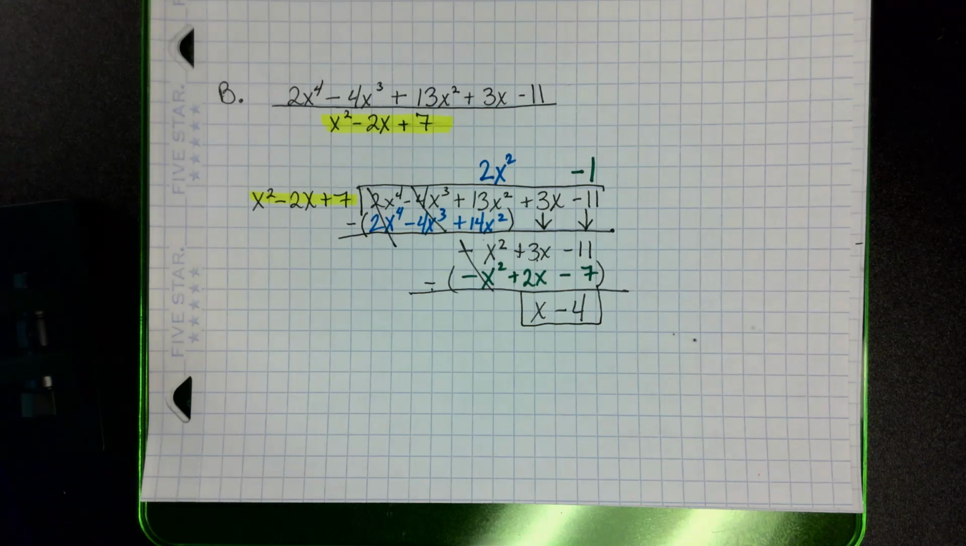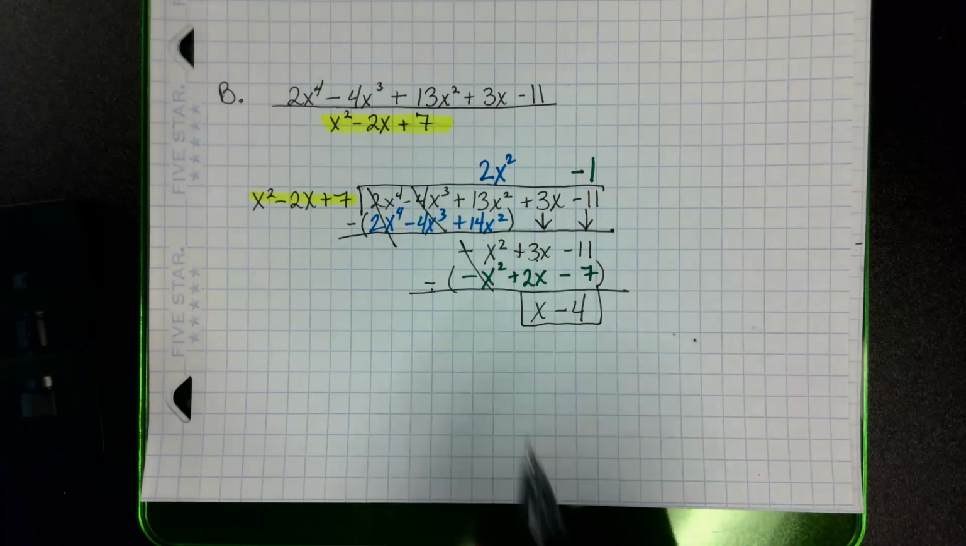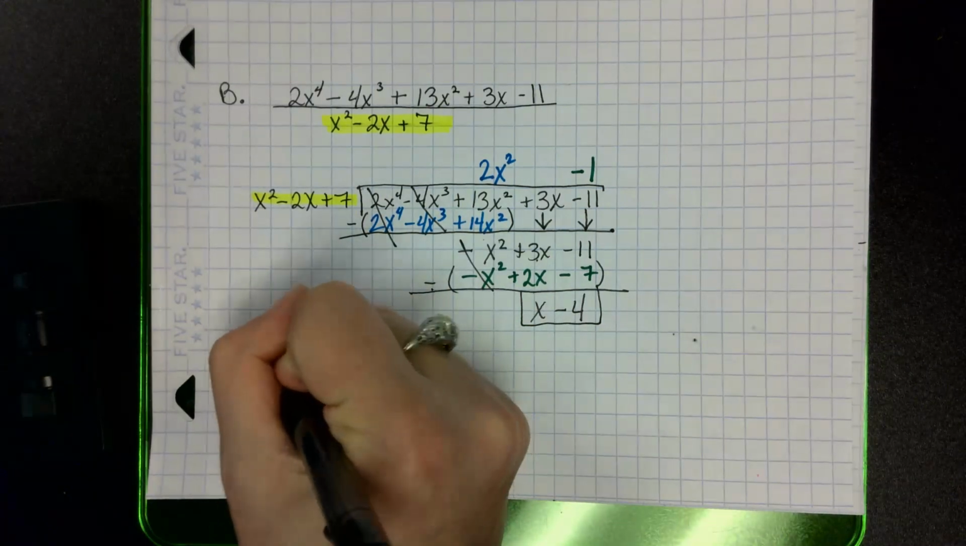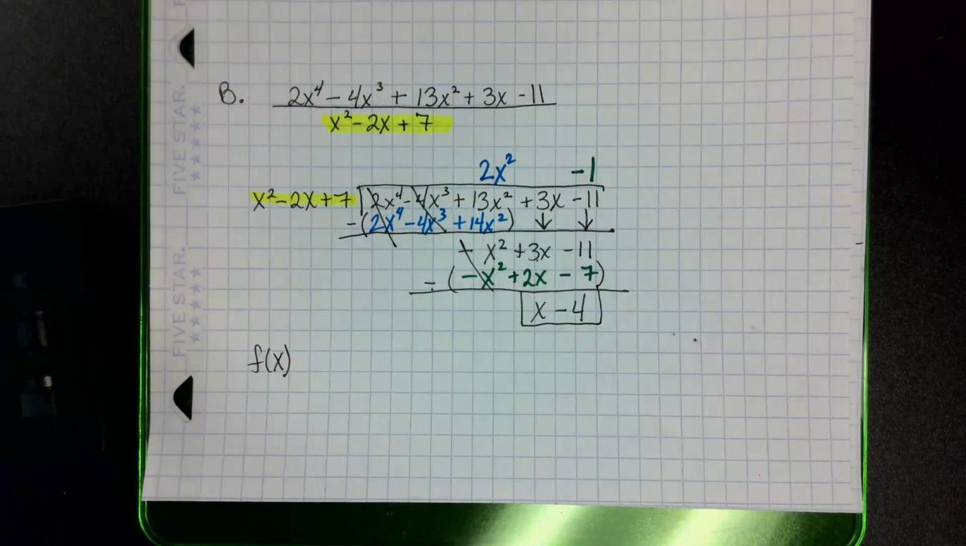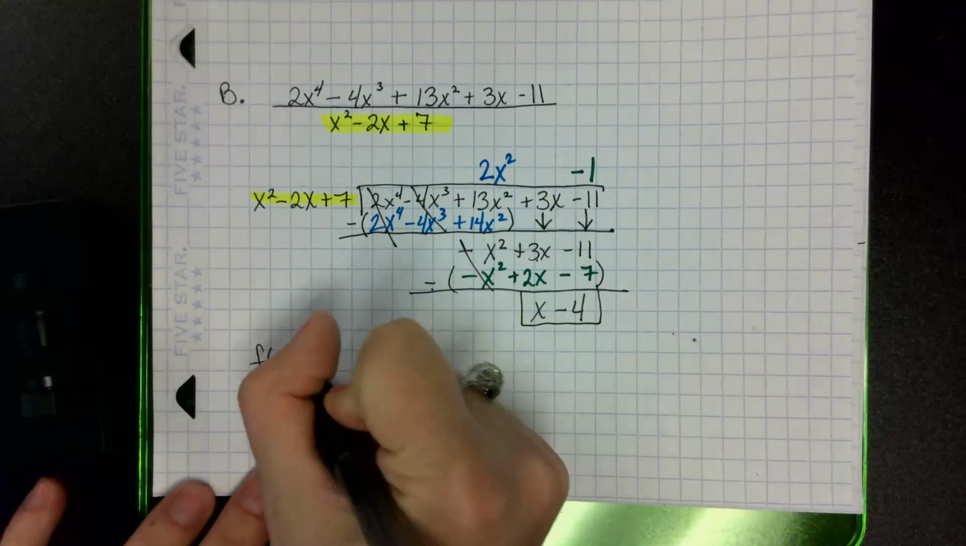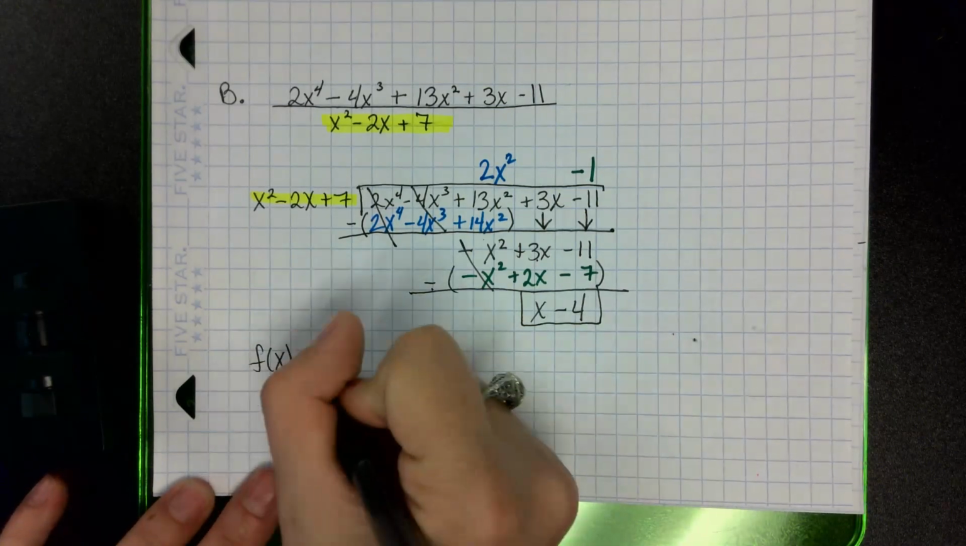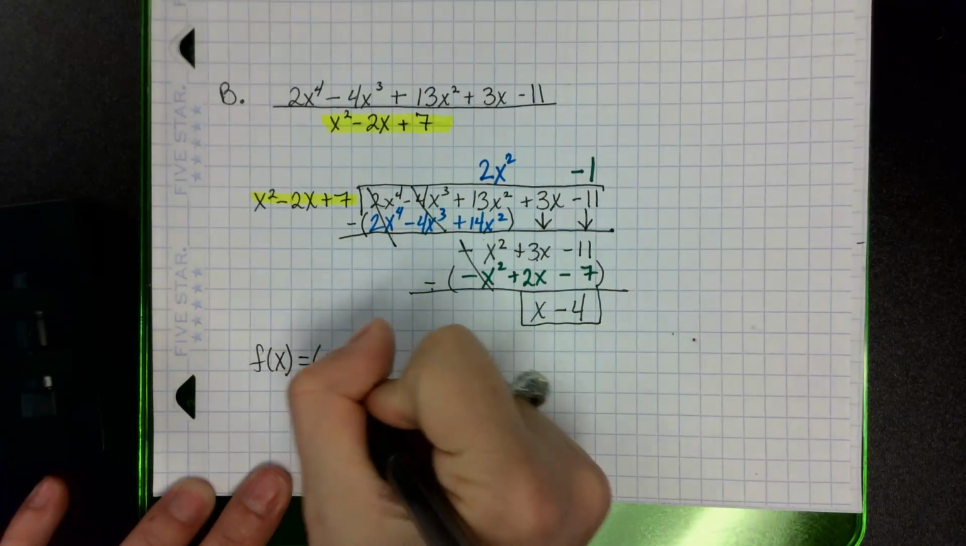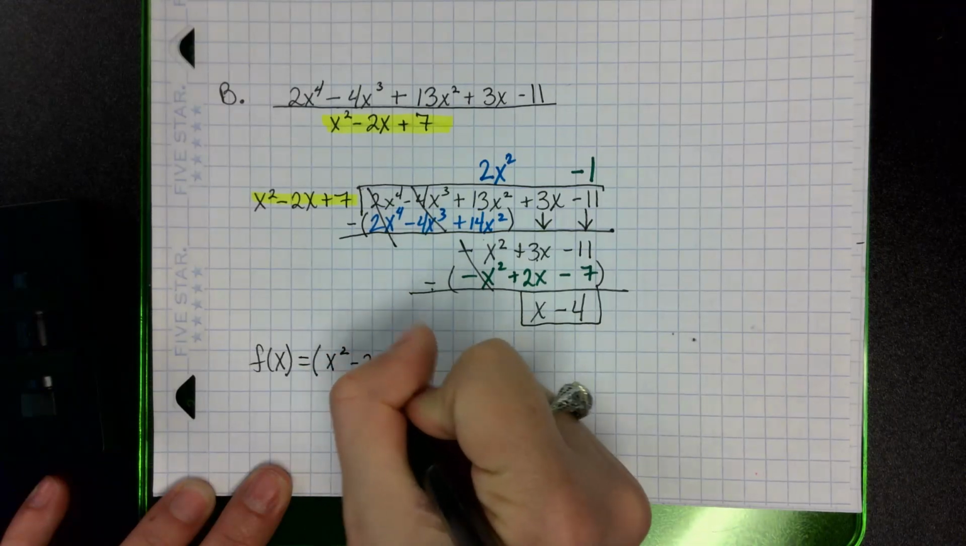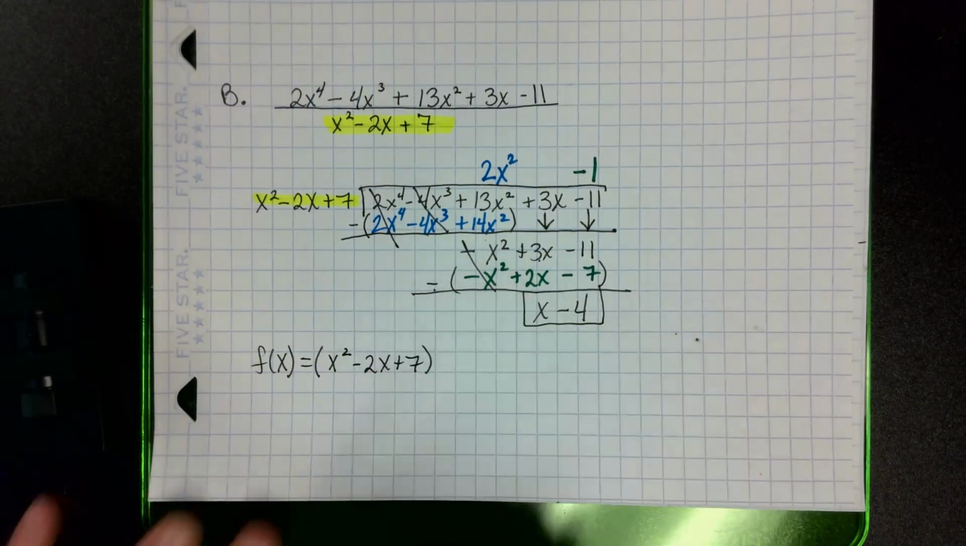Okay, so now I'm going to write my answer. It said factor completely. I can't factor anymore because I have a remainder that didn't actually factor. So this is the best I could do. I'm going to write my answer, and then I'm going to label all of those words that I'm about to use. So the function is going to be the divisor, x squared minus 2x plus 7, because that's what I divided it by,